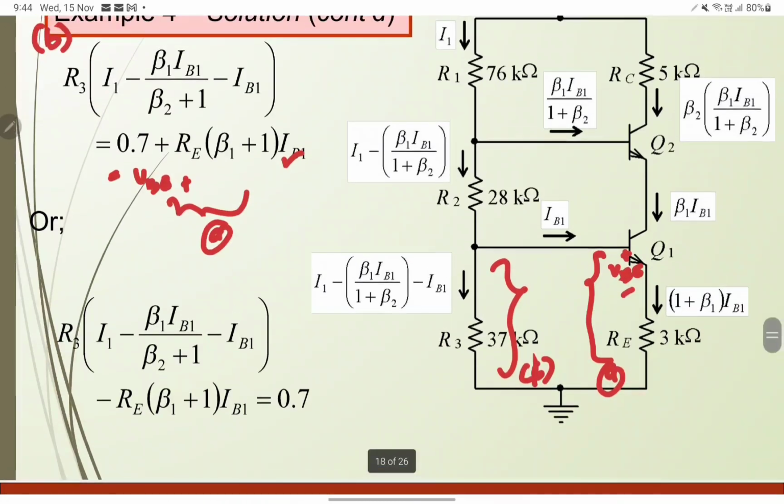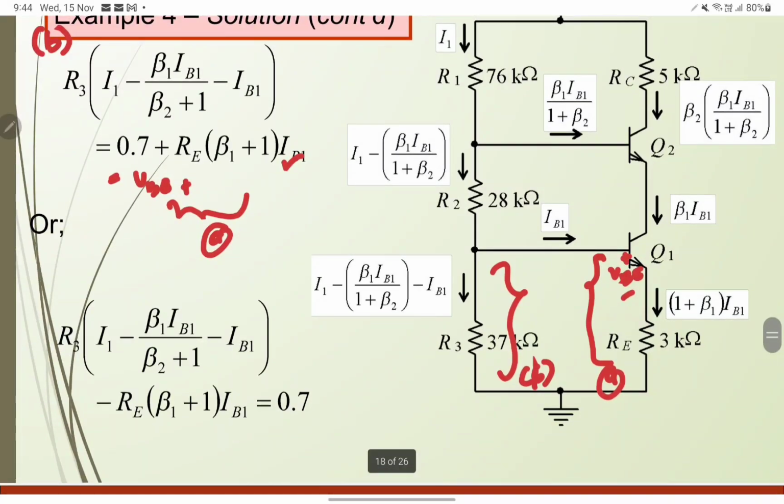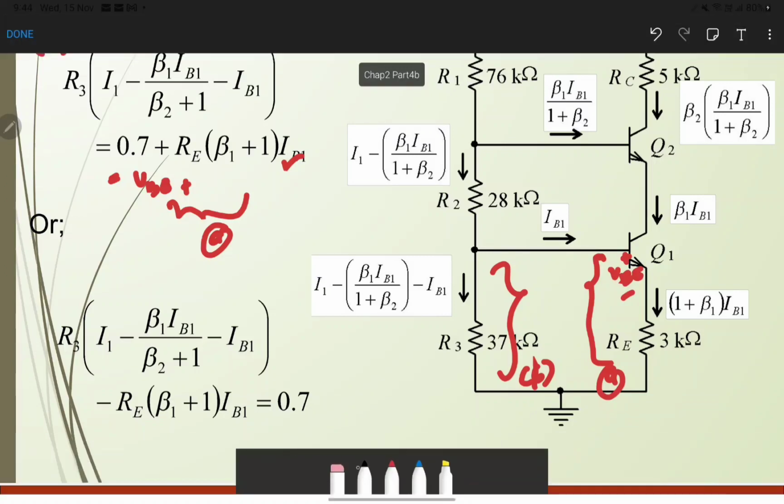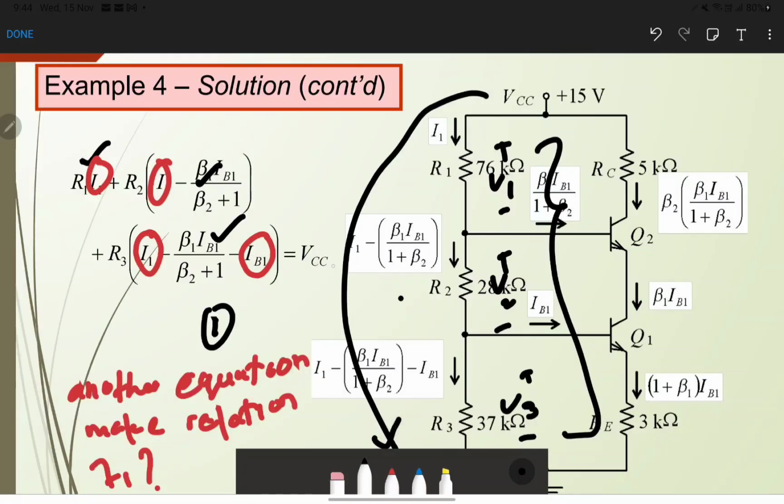So after you got this second relation, you can plug in or fill in the value of resistance, all the resistance, to make a simpler equation. From the first equation, we plug in the value for all resistance, and then we found that